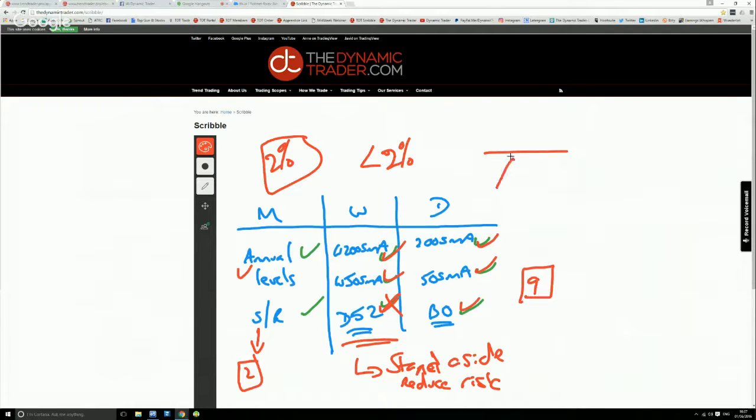If you've got resistance, price comes off resistance and you go short, that's not an edge. You're trading on a single event. And if you get it right, it's lucky. But there's a very good chance that price is just going to go straight through that. All right, so that's not an edge. You want to have multiple factors that line up together that give you a high probability environment where you have more chance of making money than losing money. This is what trading is about. Anything less than this is not really taking advantage of what the markets have to offer.